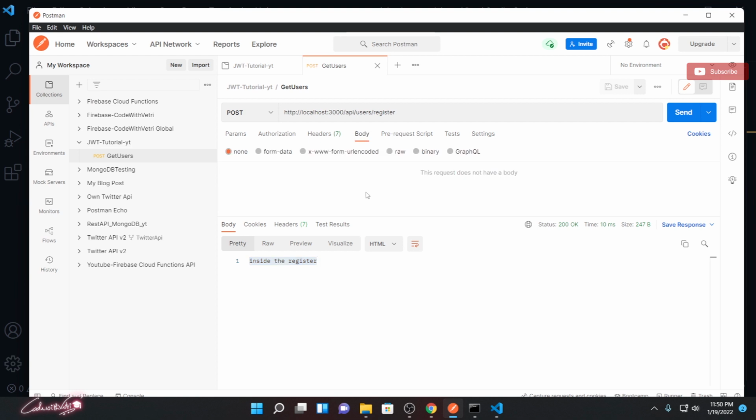And now here I'm going to use the body tag, and I'm going to send raw data, and change it to JSON, because we are passing everything as JSON data. Open it. I'm going to pass the name first. I can't increase the font size.